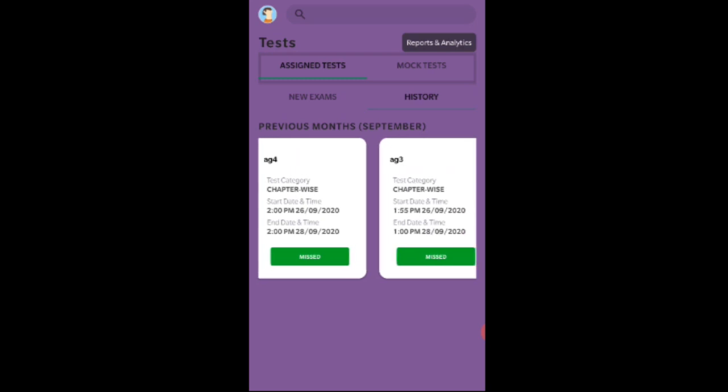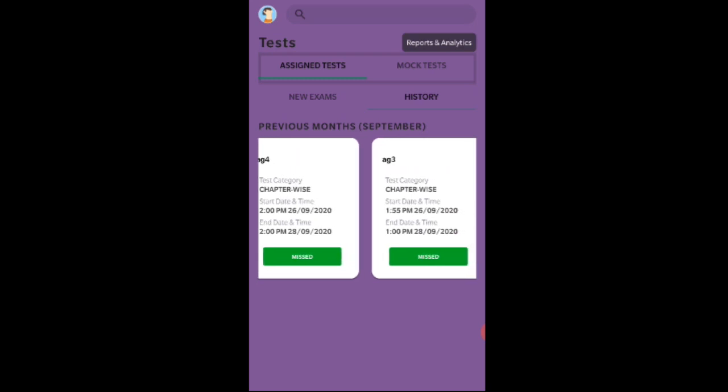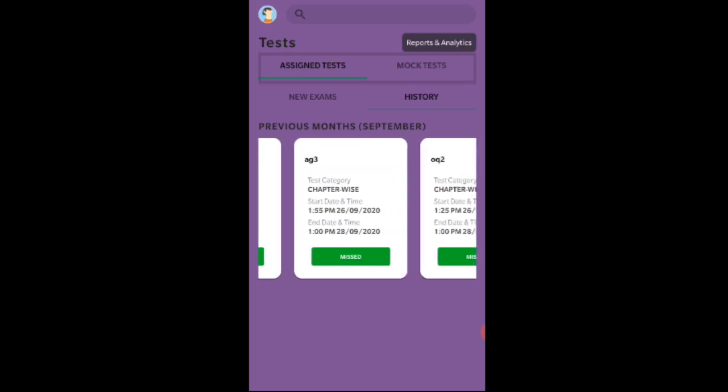The student will not be able to open any past tests that he or she has missed.